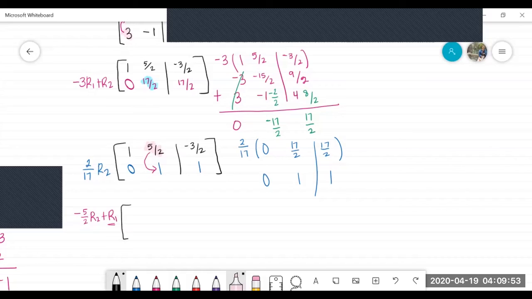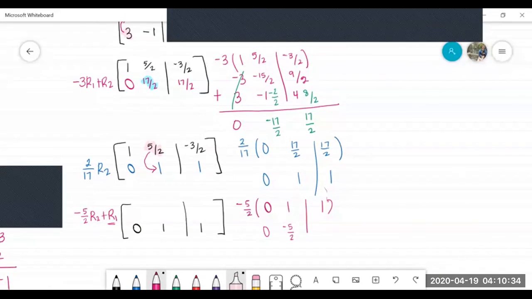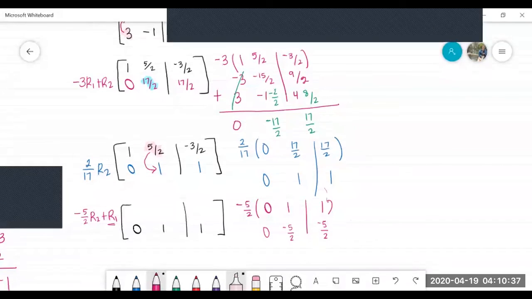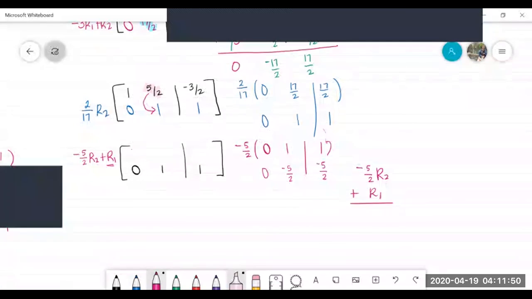Okay? So 0, 1, and 1. So if we multiply all that out, -5/2 times, I'm looking at row 2 right now. So 0, 1, and 1, big parenthesis, right? Which is 0, -5/2, and -5/2. This is -5/2 row 2, just as a side. Okay. So let's write that in, plus, and row 1 is 1,